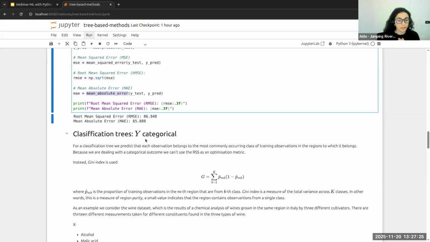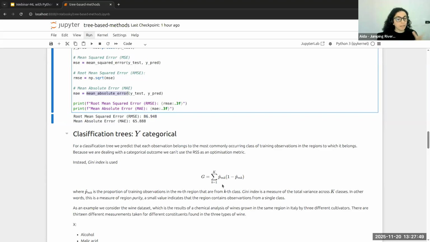So instead of using the mean of the observations in y, we predict that each observation belongs to the most commonly occurring class for the training observations in the region to which it belongs. So we are going to consider the class that has got the highest frequency.